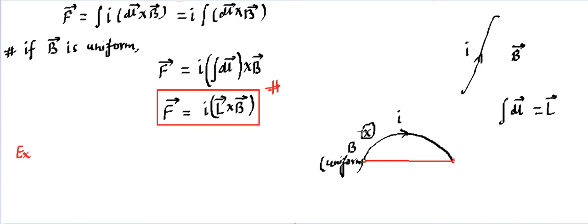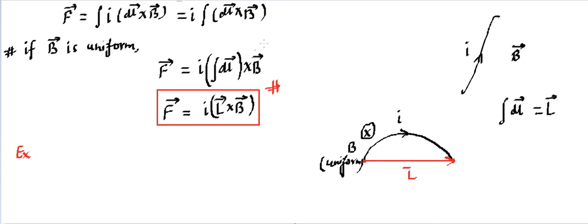So this is going to be the L vector. The L vector is basically joining the initial point and final point together, and it does not depend on how the wire is distributed or how the wire is oriented. It simply depends on the initial point and final point. So you can say this is your L vector. Now by geometry you will be able to find what L is and the direction from initial to final depending on the current flow, and then you can go for the cross product.